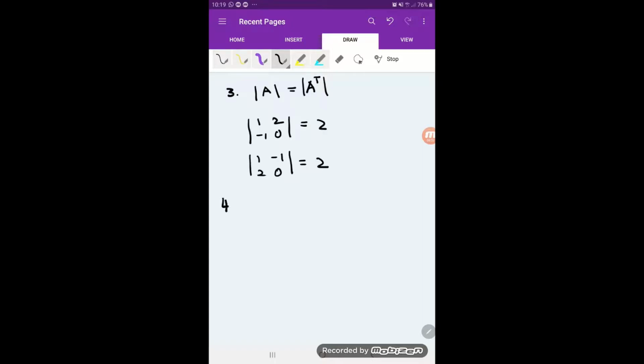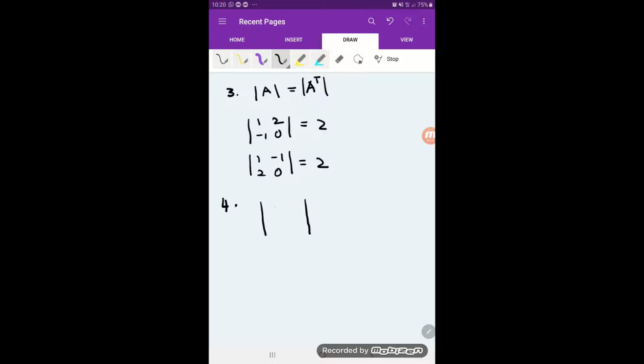Property 4. If the elements of one row or one column of a determinant are multiplied by k, the resulting determinant is k times the given determinant. The example: